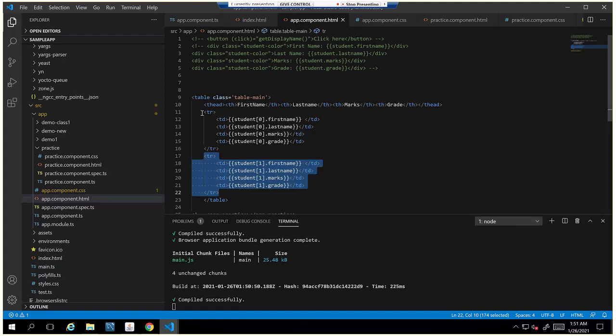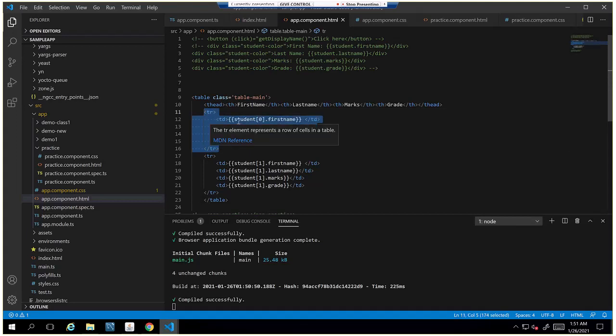So in real scenarios, we iterate this array, and we can print n number of rows with these 4 lines. Instead of 0, we specify index, and we iterate using ngFor. It takes all the values from 0th index, first, second, nth row, and it will print all this here.